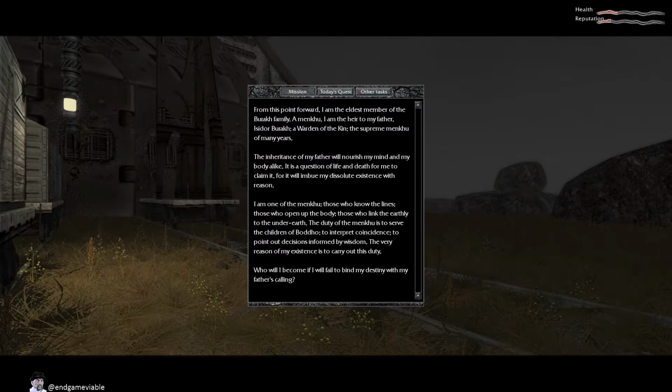Pretty cool. From this point forward, I am the eldest member of the Burak family. A Menku, I am the heir to my father, Isidor Burak, a warden of the kin, the supreme Menku of many years. The inheritance of my father will nourish my mind and my body alike. It is a question of life and death for me to claim it, for it will imbue my dissolute existence